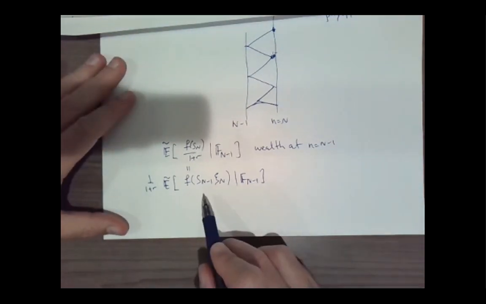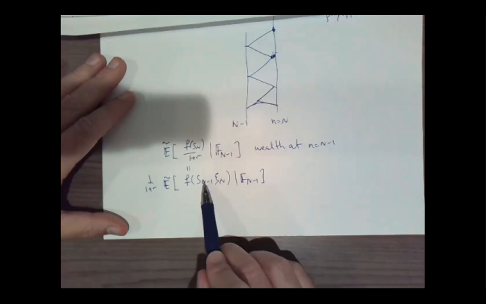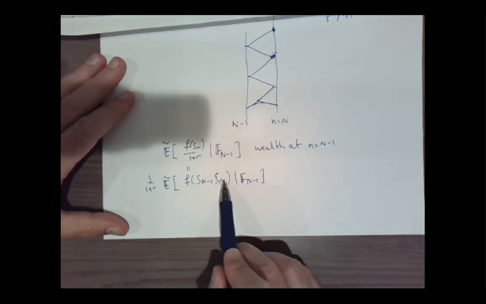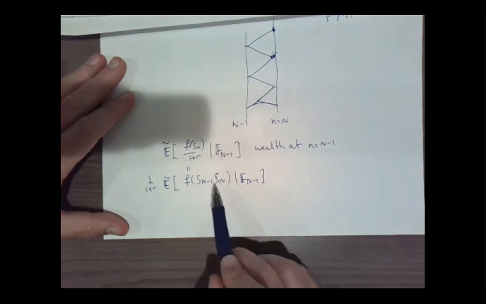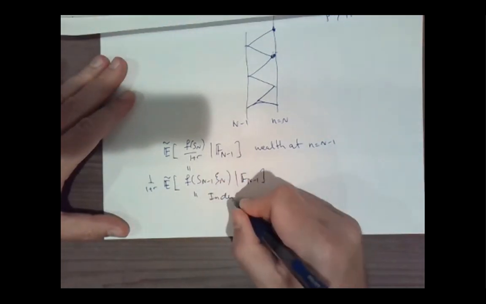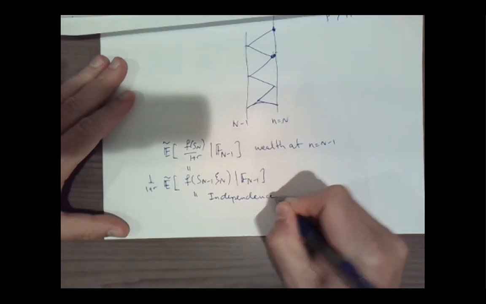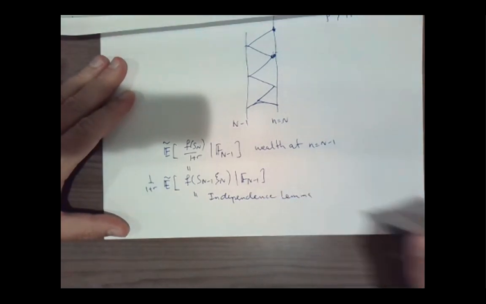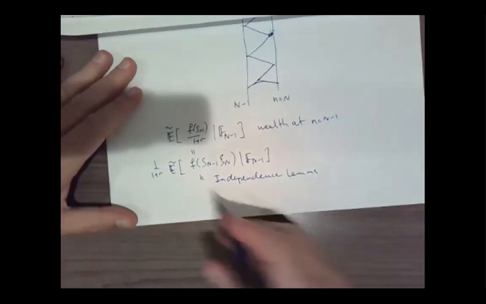Now we can use the independence lemma, because these two guys are independent. I can use the independence lemma, and what it says is